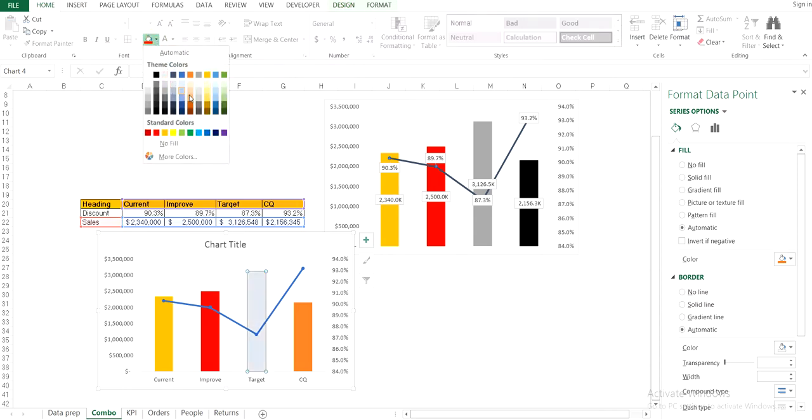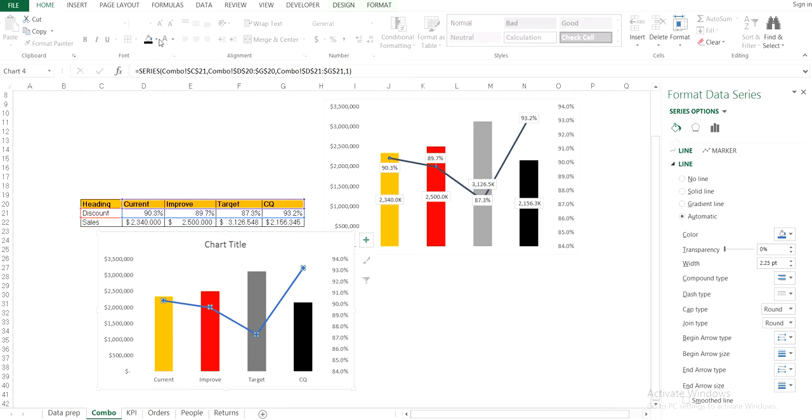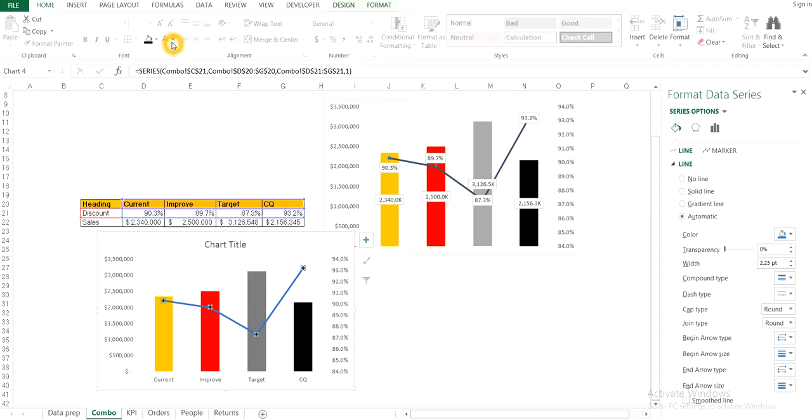Fill this with, okay, and this one with black. You can choose the bar color in a similar way. You can change the bar color here too.